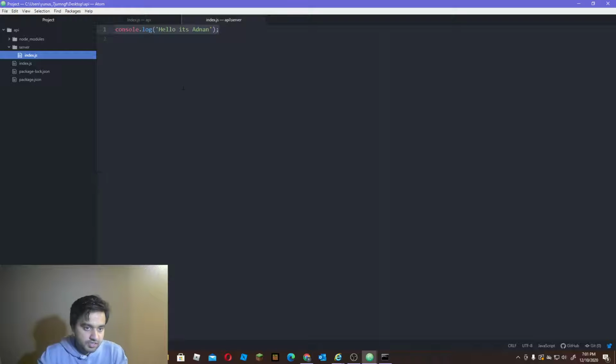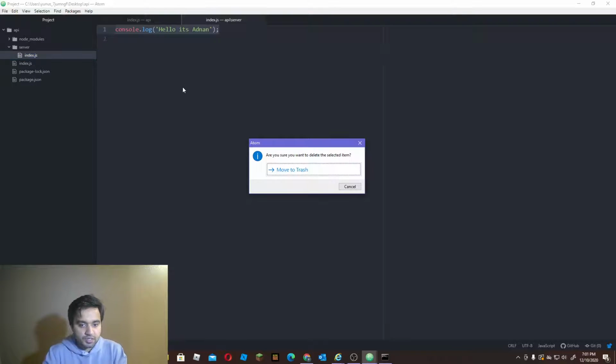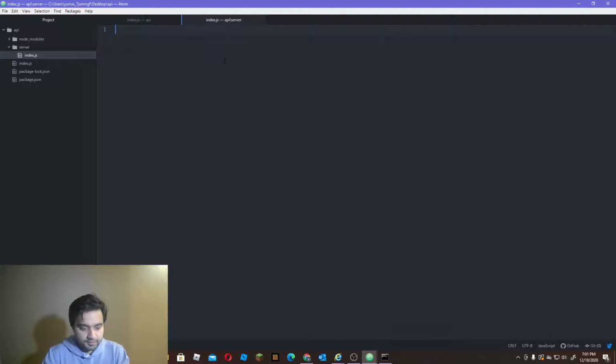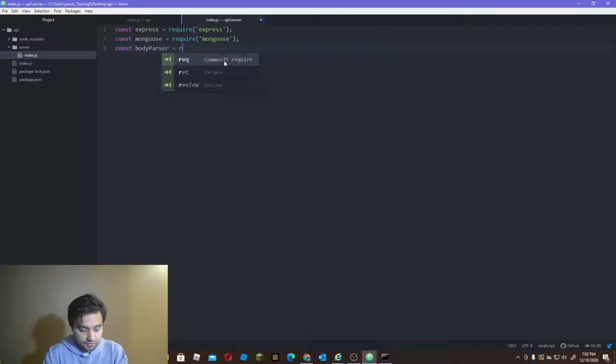Okay, so now index.js is where we're gonna pull in those packages that we installed. So let's do that right now. So const express equals require express. All right, const mongoose equals require mongoose. All right, const bodyParser equals require body-parser. All right, now const morgan equals require